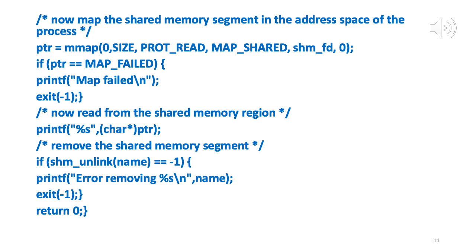So you can see in this way, both producer and consumer are communicating with each other. Producer writes, consumer reads. Okay. So I hope this program is clear. And in the next slide, let's see how we can run this.